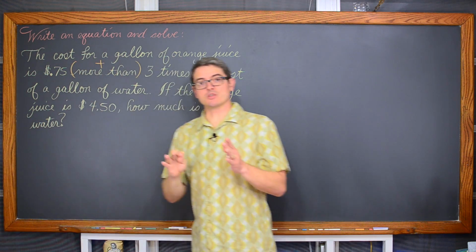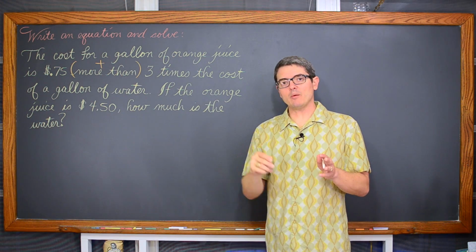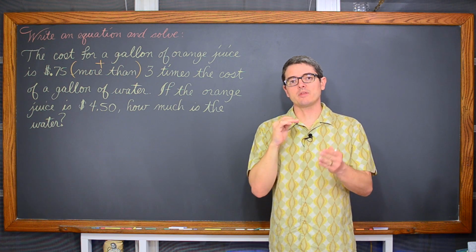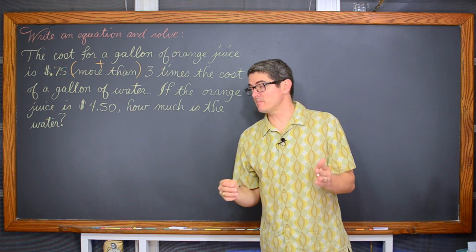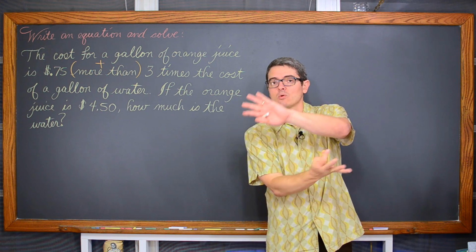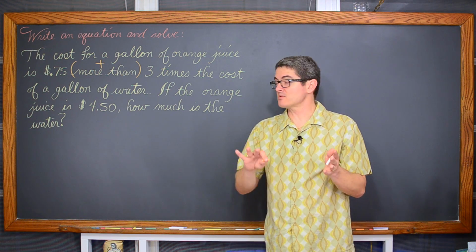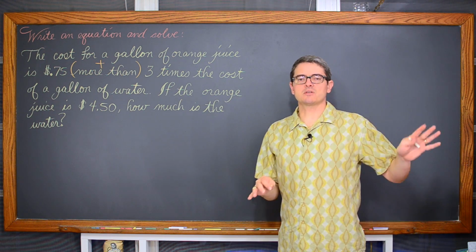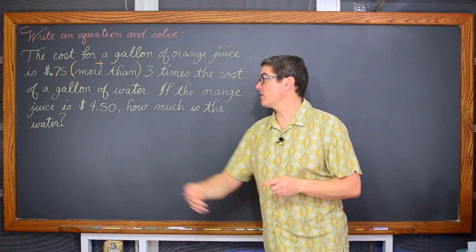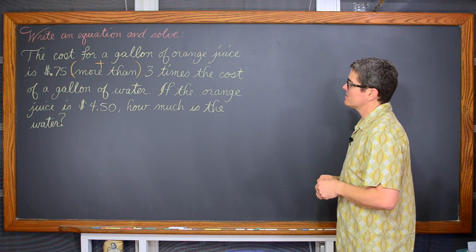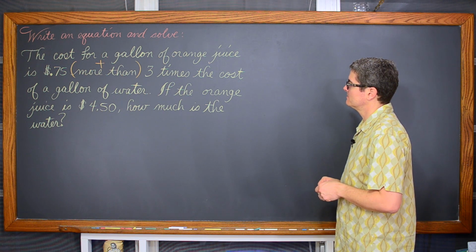that is an addition, of course, and you need to remember also that when you have these two words of more than and less than together, really it is only important for less than, but it's a good habit to be in. You need to change the order of that around. So the 75 cents is going to come after the addition of, well, something out front. 3 times the cost of a gallon of water.